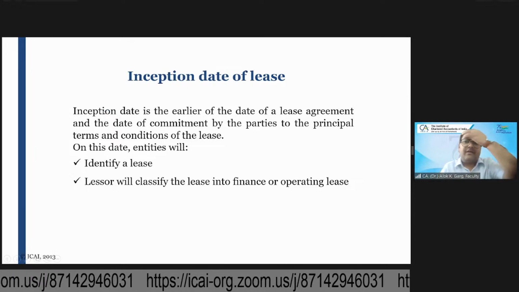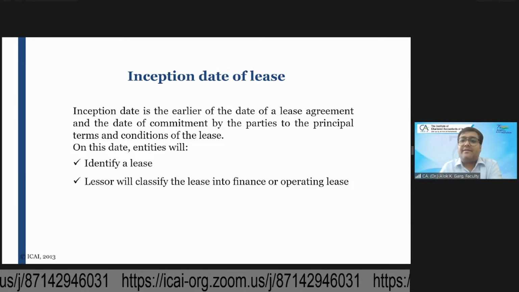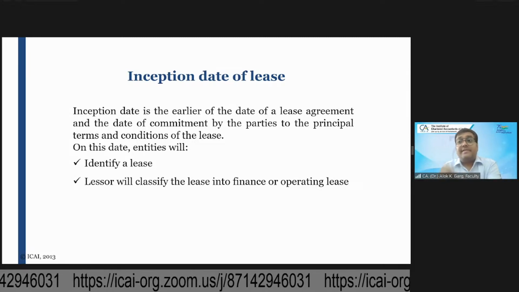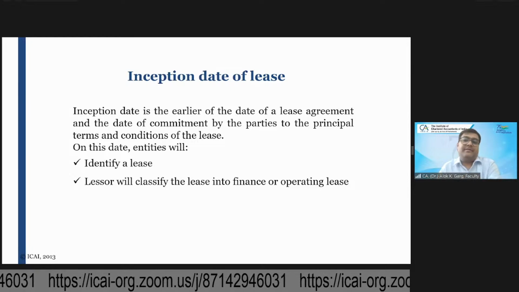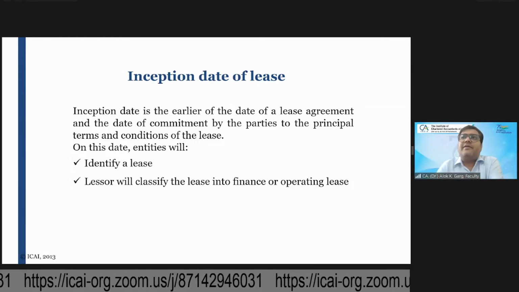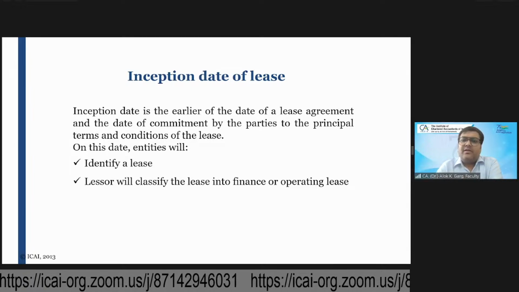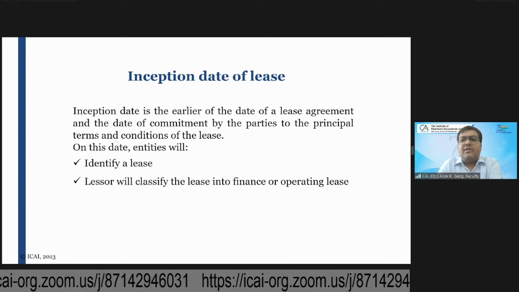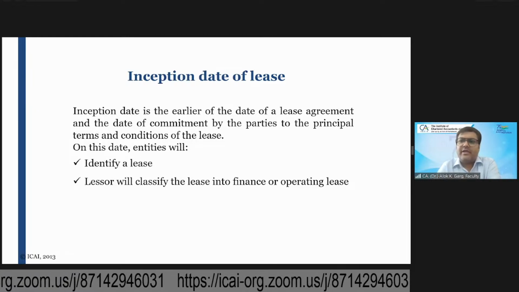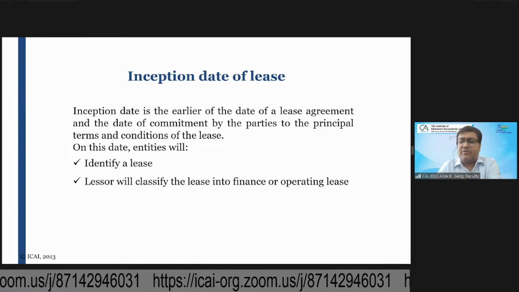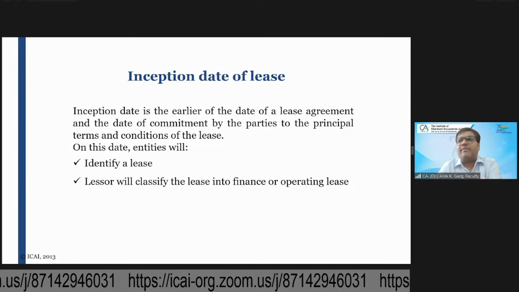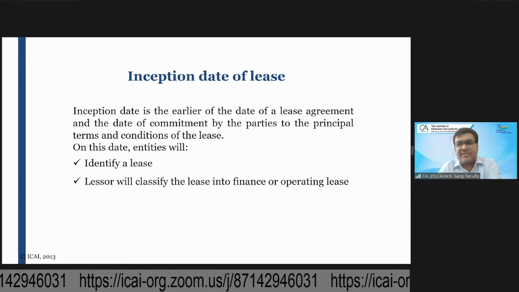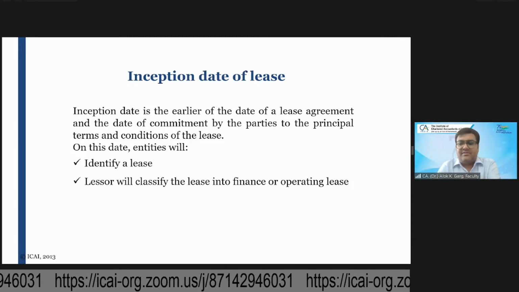And the commencement date of lease I have already covered. On the inception date, if the insurance claim arises, who gets the claim? See, there are two aspects to it. Just try to understand logically. You are a lessee. You have taken a car on a lease basis. There is an insurance on the car. God forbid, if there is an accident and the car gets damaged, if there is an insurance,